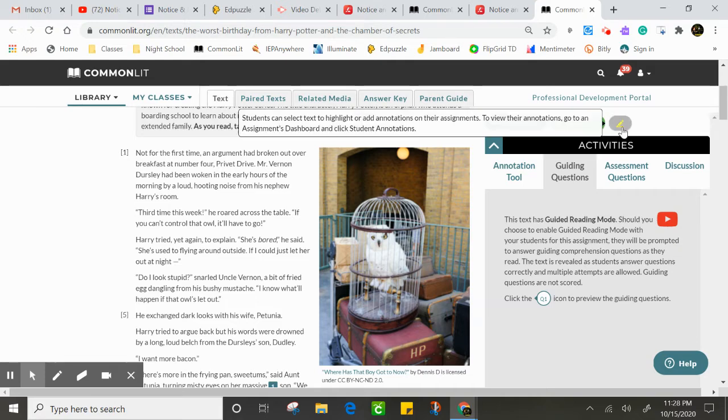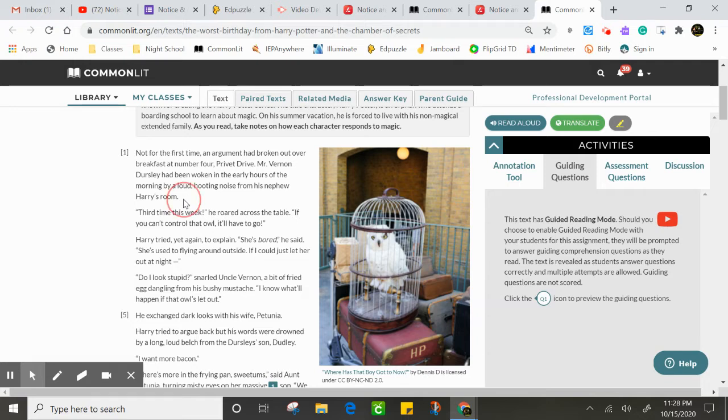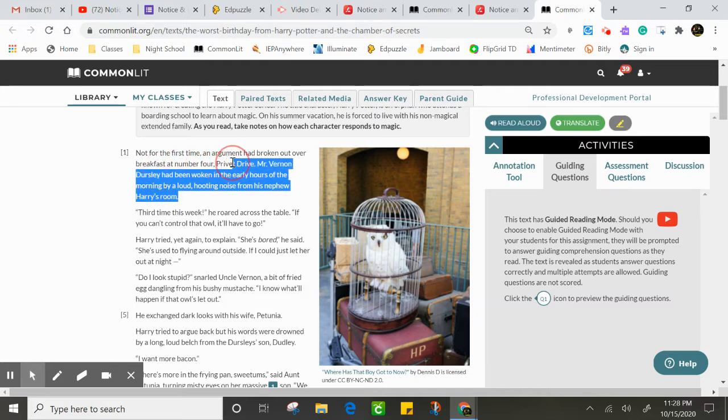Did you find it? All right, so here's what I'm going to highlight. And again, I'm going to highlight this in pink. A loud hooting noise. Let's see. We'll go ahead and have